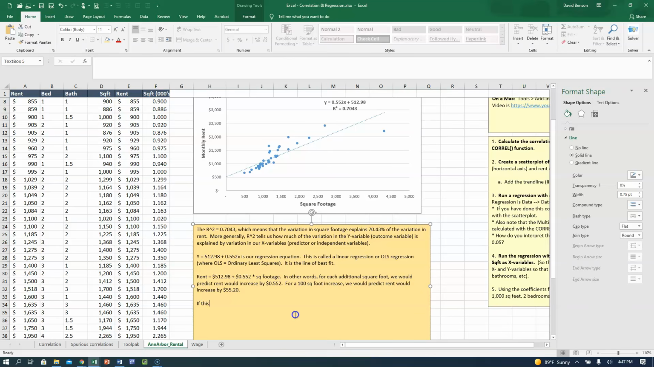I'm going to say, if this were a cost function, and so in your econ class, this would have looked something like the cost of producing quantity is equal to 512.98 plus 0.552 times quantity. Then the $512.98 would be my fixed costs. So costs that don't vary with output,